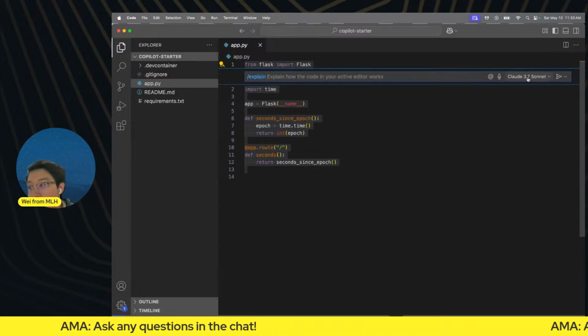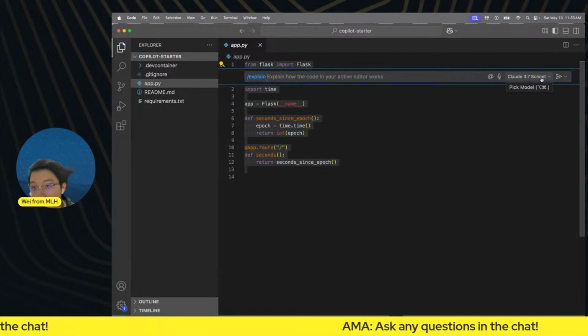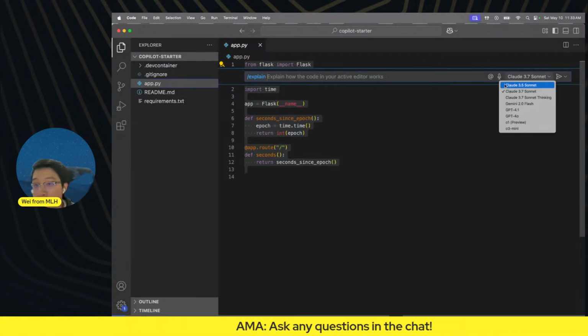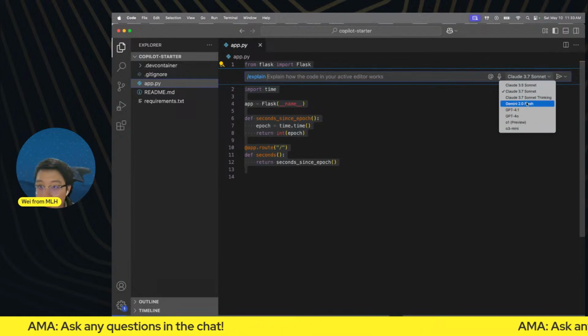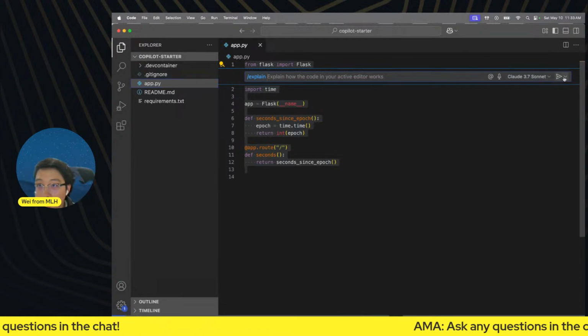And we're going to use the most advanced model, Claude 3.7 Sonnet. As you can see here, GitHub Copilot Pro comes with a ton of different models that you can use. And I'm going to hit send.